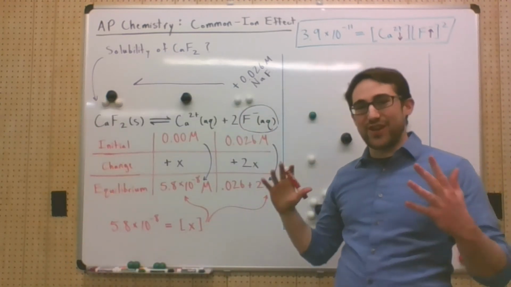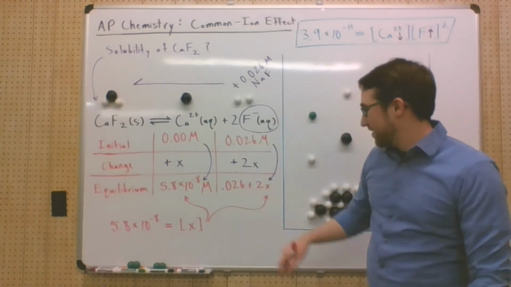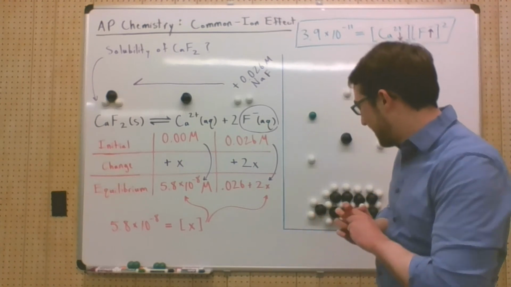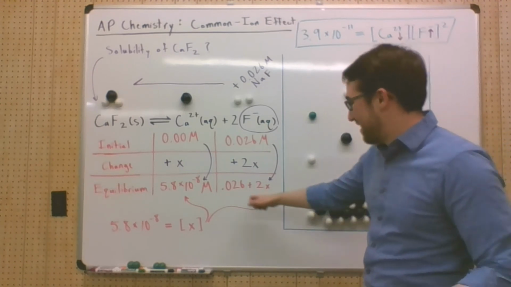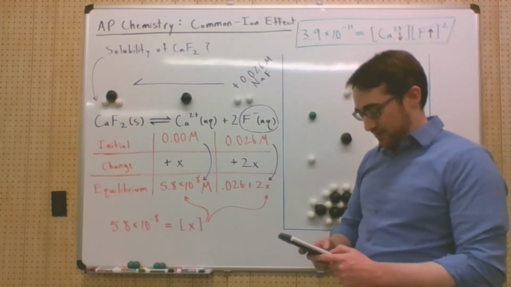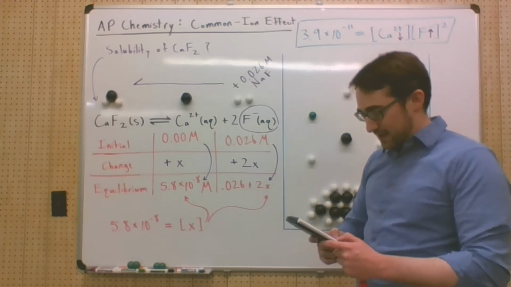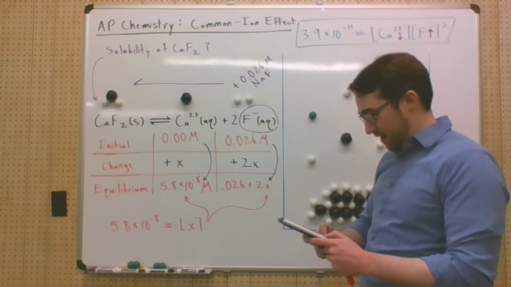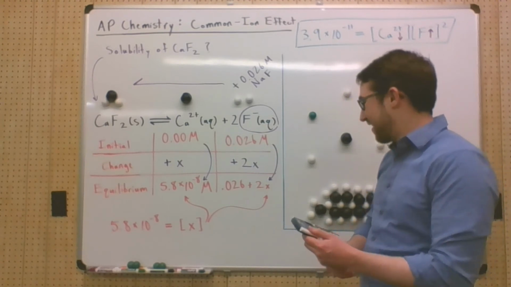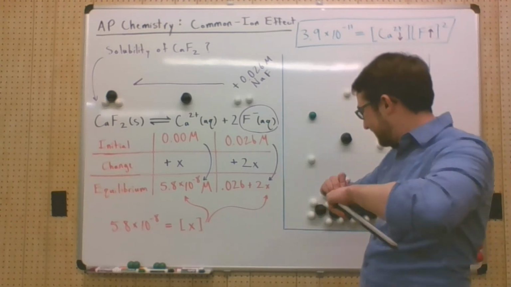And we're measuring concentration in molar. And then I can take 0.026 plus 2 times that x. Let's see how much different it's going to be than this starting 0.026. Okay, so 2 times our 5.8 times 10 to the negative 8th, plus 0.026. Just to show how much of a difference it makes,